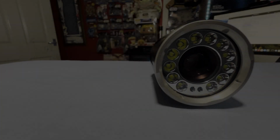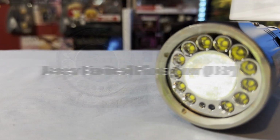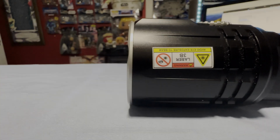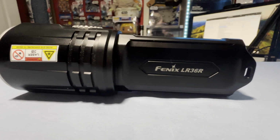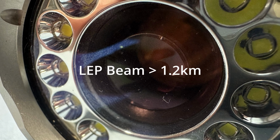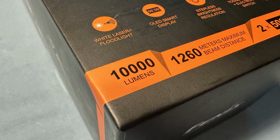performance. The Fenix LR36R torch combines laser excited phosphor or LEP technology, something I'd never seen in a flashlight until I came across this for throw, along with traditional LEDs for flood. The LR36R delivers a beam of over 1.2 kilometers, that's 3/4 of a mile distance, and a wide area illumination